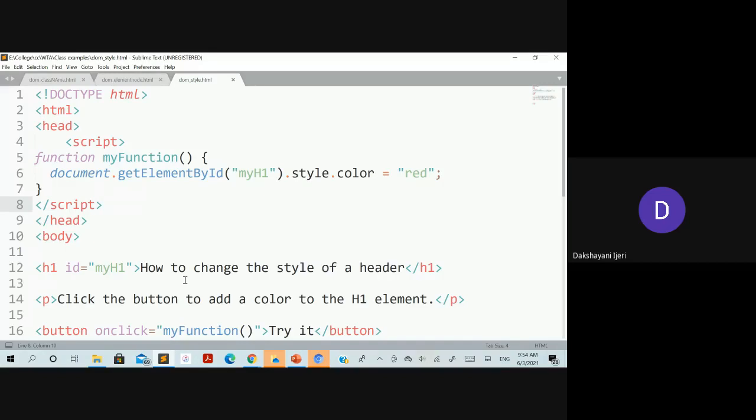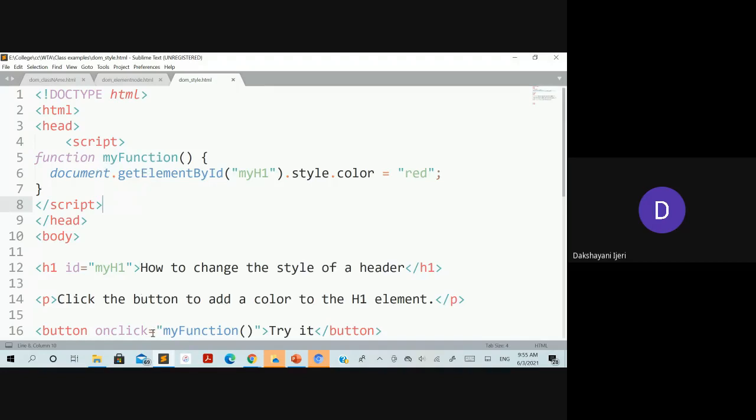So in that case, as I told you in the beginning, JavaScript is written to make web pages interactive. That means whenever the user interacts, at that time you tell it what needs to be done. Since you have written the function over here, this is the called function that you have written.